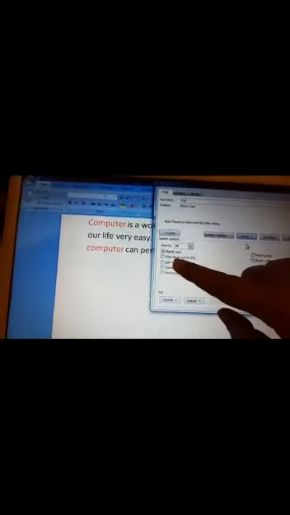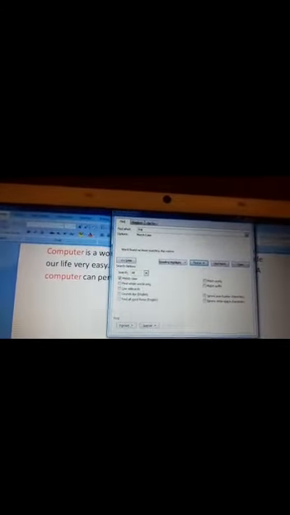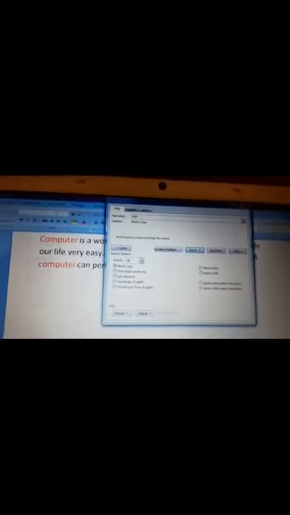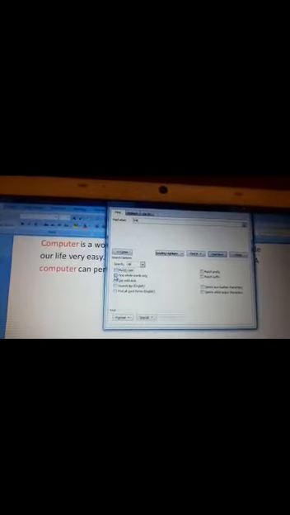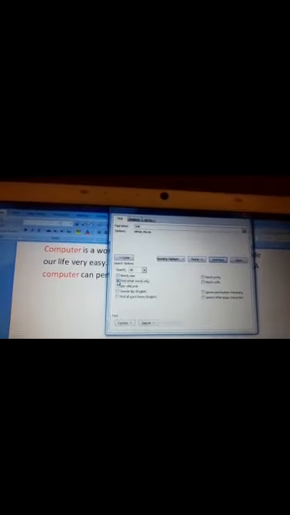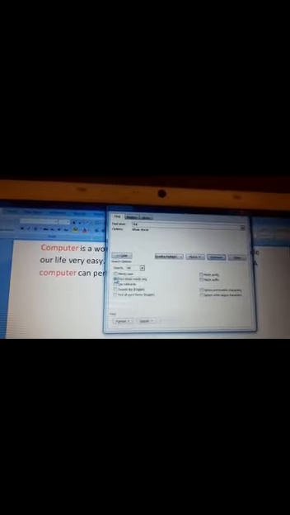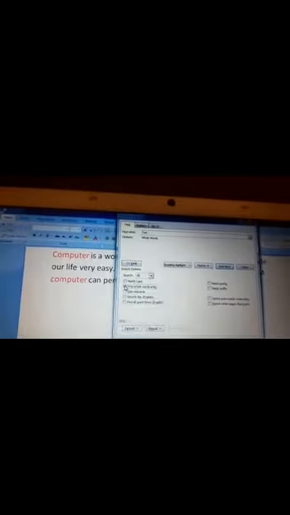Next is find whole words only. Now what is the significance of this? It will match the complete word. If you will select this option, I will deselect match case and find whole words only. If you will select this checkbox, it will match the complete word.